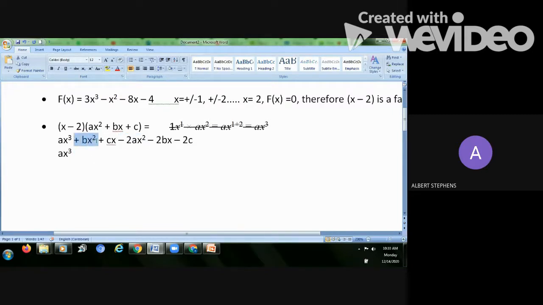While I group them, I'm just gonna mark it off. So these two, you're gonna have plus, because both of them are pluses. Also, I'm gonna factorize out x squared since they're common. So I'm gonna have b subtract 2, and outside we are gonna have